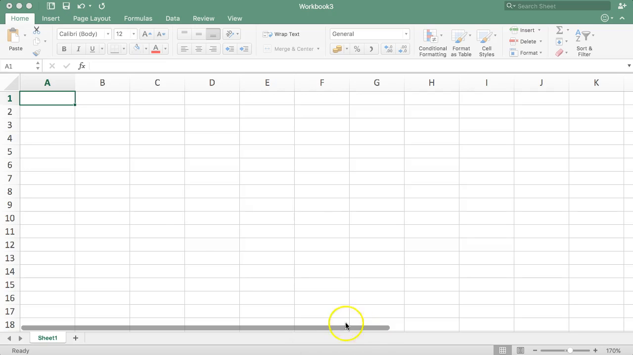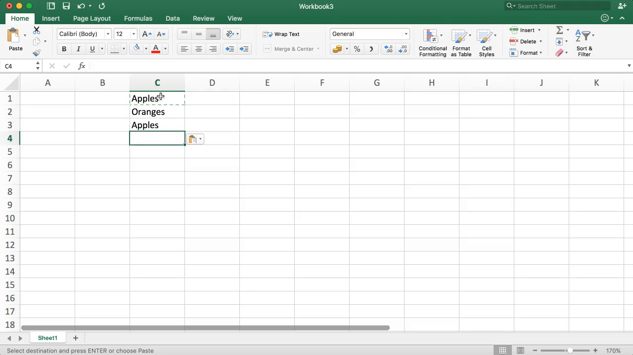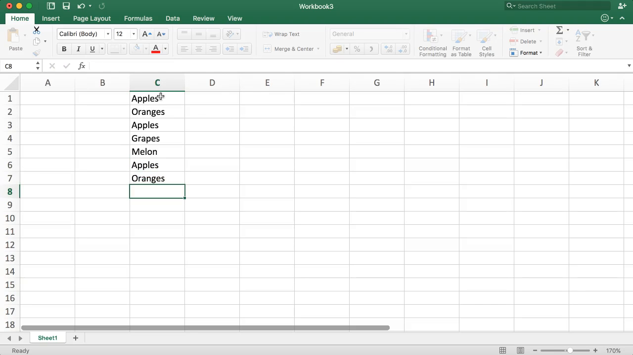So imagine we have a list here of items. Let's say apples, and then we have oranges, and we have again apples, and then we have grapes, and we have melon, and then we again have apples, and we have again oranges, and we have a watermelon. Alright, so what we want to do is, if you have a short list, it's easy to count, but